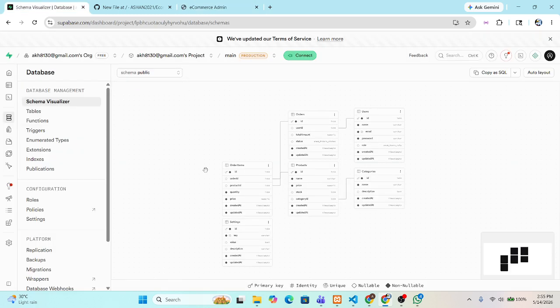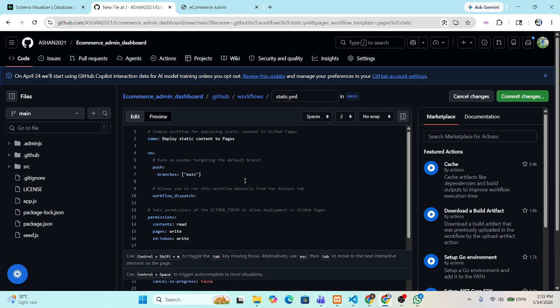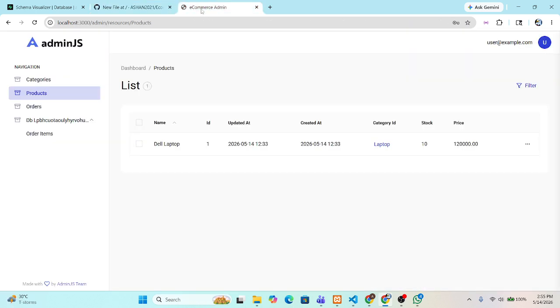This is the PostgreSQL database visualization in Supabase. I use the Supabase PostgreSQL database. I tried to deploy this project using GitHub Actions, but it failed. Then I tried to